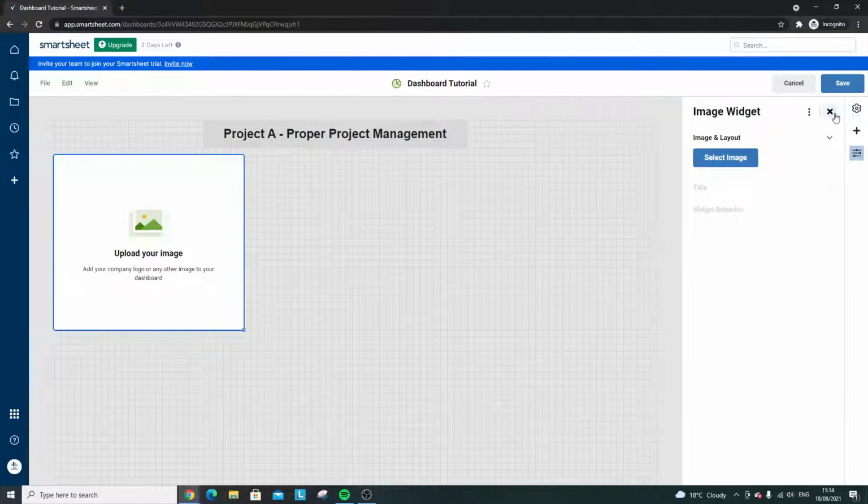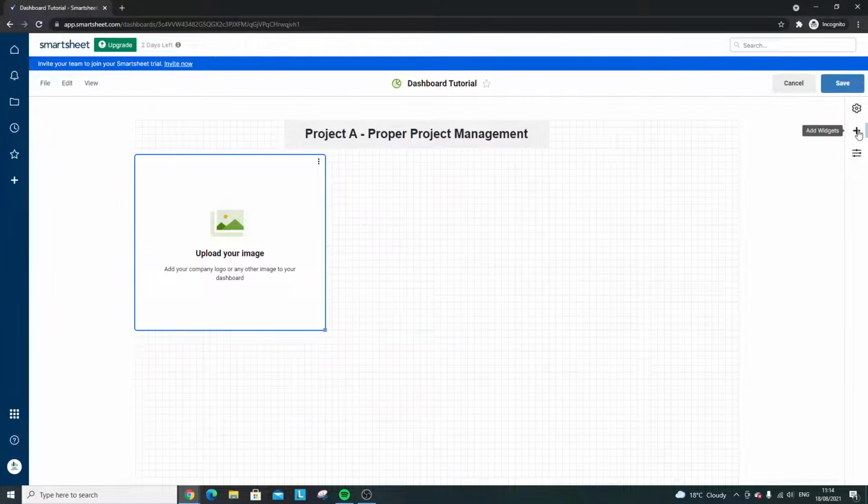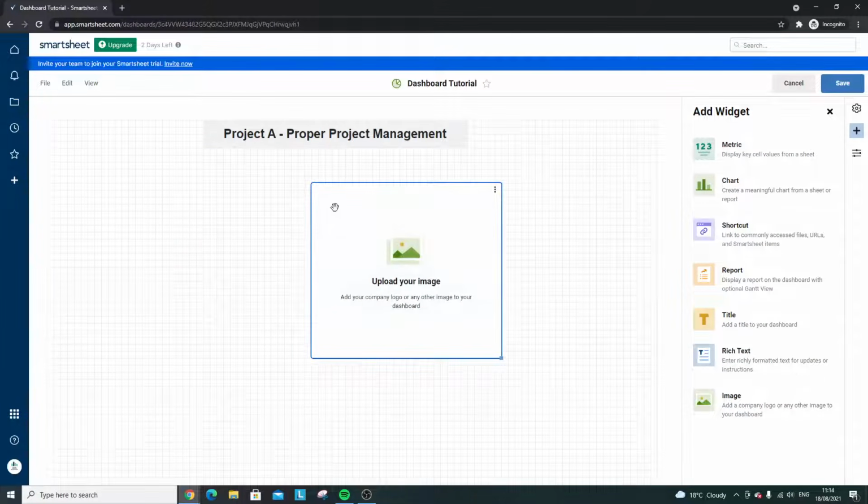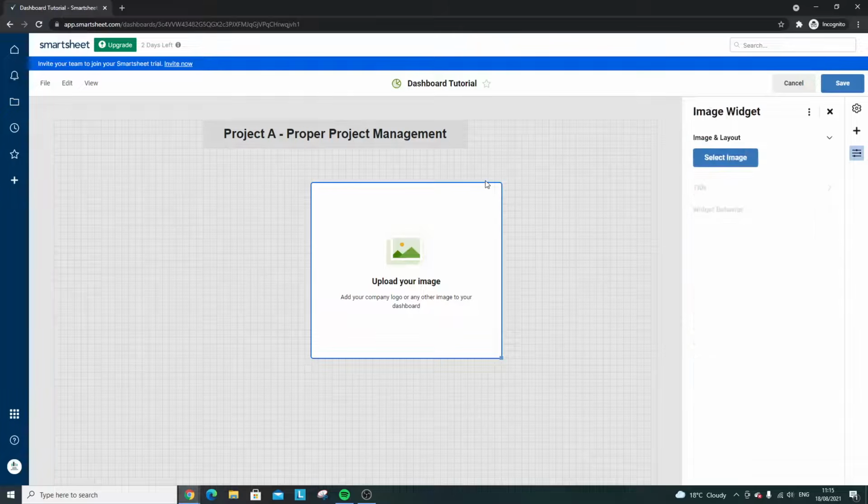So sorry, I probably did that too quick. I've clicked Add Widget, and I'm going to add an image. Now this can be great for various different reasons. You can create a diagram, you could have your company logo, it can be any image that you save as a JPEG or a PNG, I believe, and I think there's a few other file types supported as well. So what you would do is right click at the top, click edit,